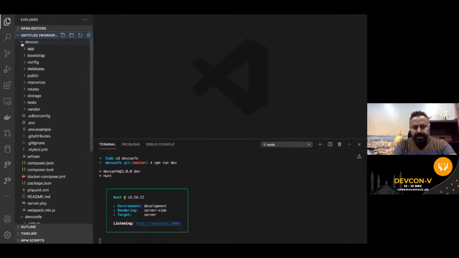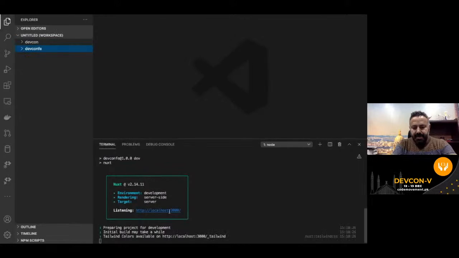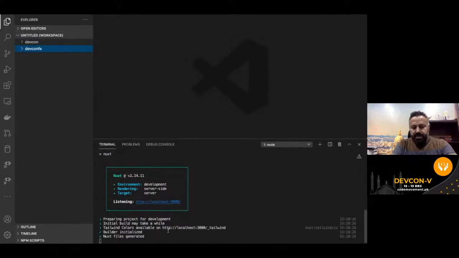All right, so we have DevCon and DevCon5. And okay, now it's compiling its files, and while it's doing that, let's go to this URL that comes ready with